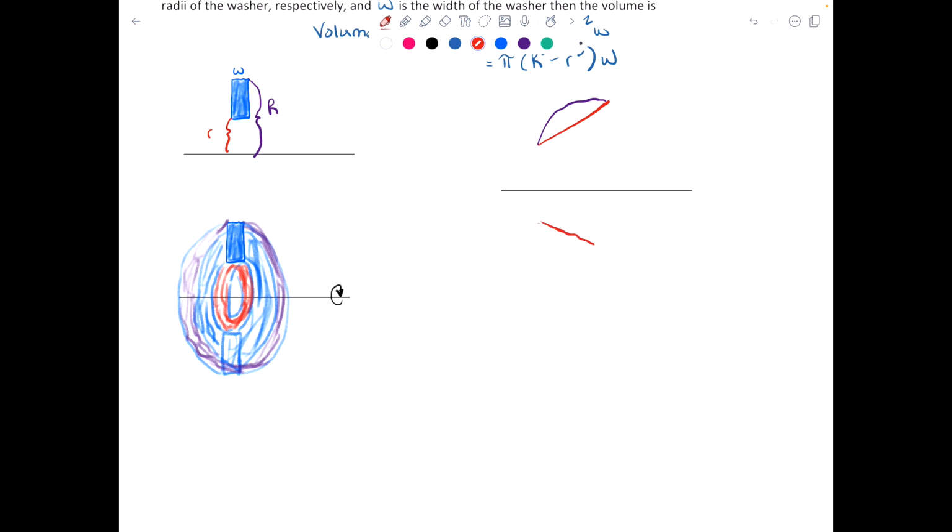Oops, I have to do that on the next one. All right, so then you'd have your region. Let's just make the region purple overall. That's the region of interest, and suppose that we want to rotate it about a horizontal axis. So our representative rectangle will look like this, and then